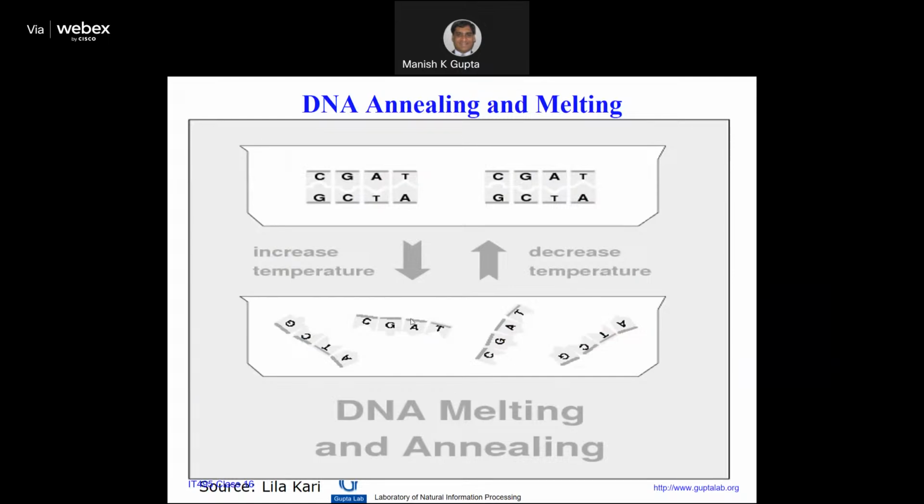I think I earlier asked you how many hydrogen bonds between C and G and A and T. Which one has more? Any idea? Yes. C and G have 3 hydrogen bonds and A and T have 2 hydrogen bonds, right? So basically you see that to break the bond in C and G requires more temperature. That's why you go for a higher C and G frequency when we want to fix the GC content. Anyway, so